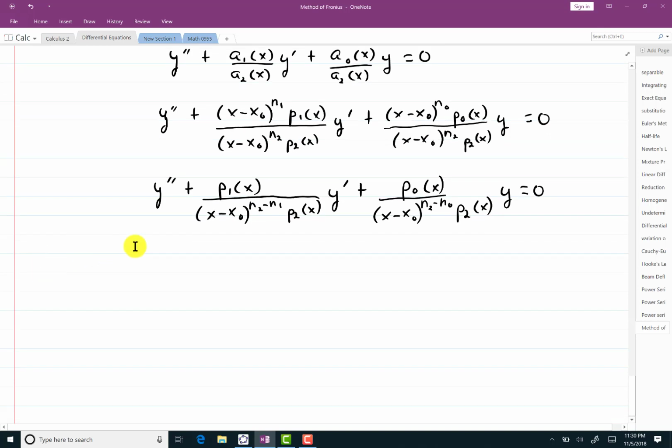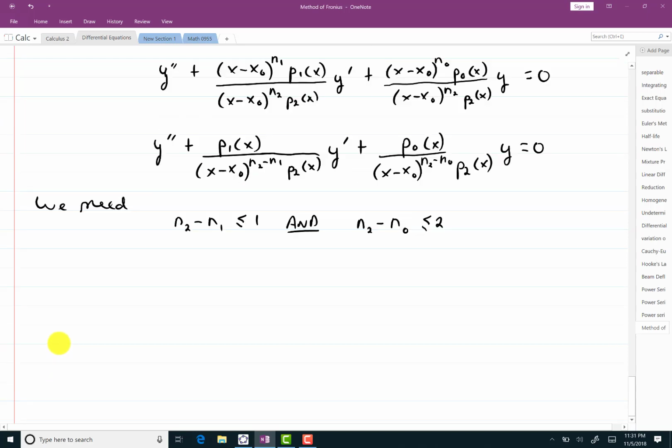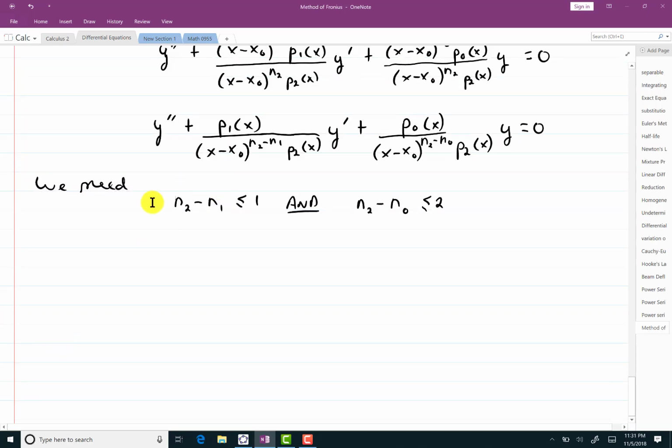Now, the way the theory works is this. We're not going to prove any of this stuff per se, but you need to check these things to make sure that you can proceed with such a solution. Here, what we need is n sub 2 minus n sub 1 to be less than or equal to 1, and we need n sub 2 minus n sub 0 to be less than or equal to 2. So when I factor that out, I'll get something like that. If these two conditions are met,